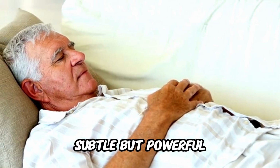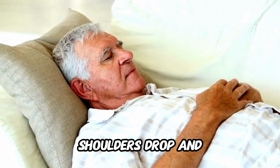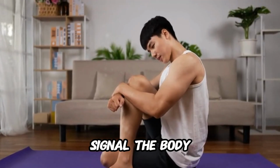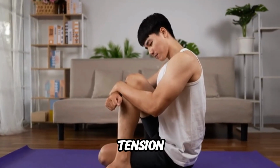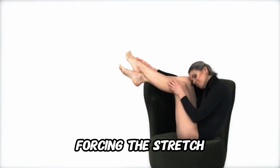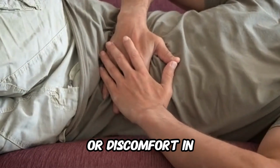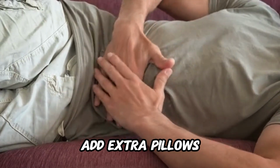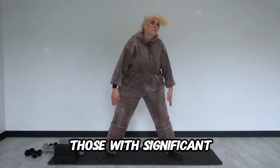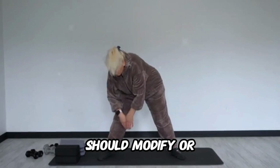Many seniors notice subtle but powerful changes. The jaw unclenches, shoulders drop, and the lower belly softens. These small adjustments signal the body that it is safe to release tension. Common mistakes include letting the knees fall too far without support, forcing the stretch, or holding your breath. If you feel pulling in the groin or discomfort in the lower back, add extra pillows or adjust the position slightly. Safety is paramount. Those with significant hip pain, recent hip surgery, or front hip pinching should modify or skip